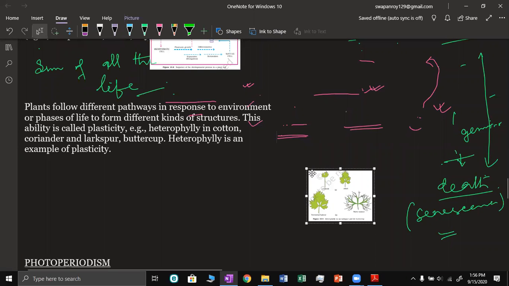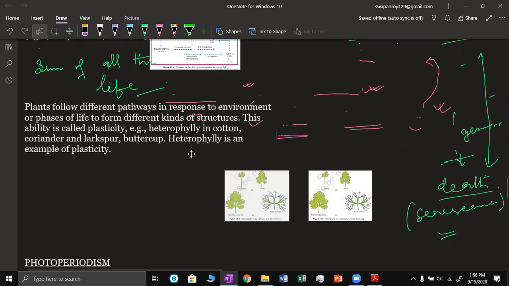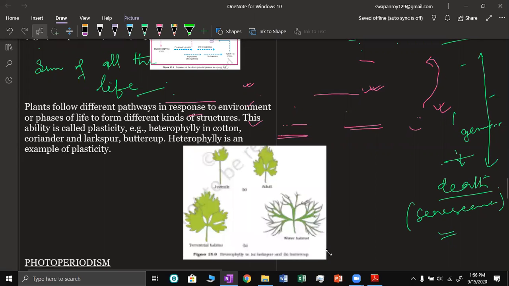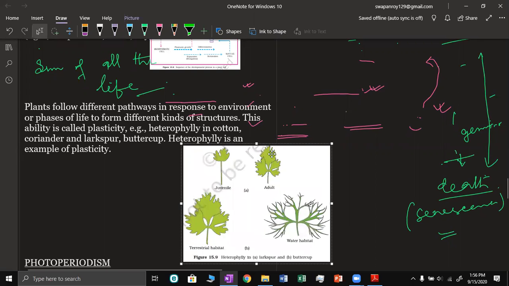The environmental factors influence a lot, and due to that the plant also has to change a lot in its lifestyle and structure. So one of the things is that the plant has the capacity to change or respond according to the environmental condition, and this is what is called the